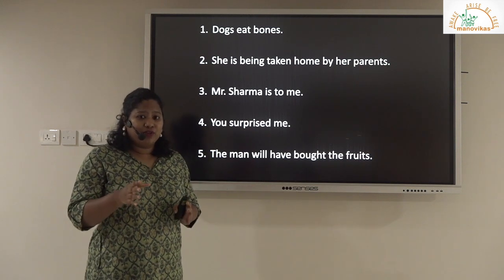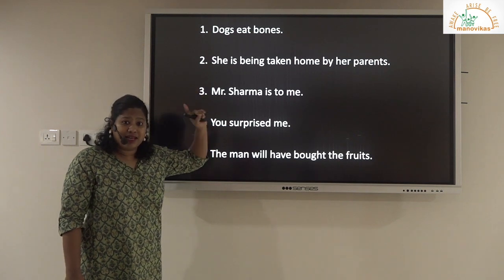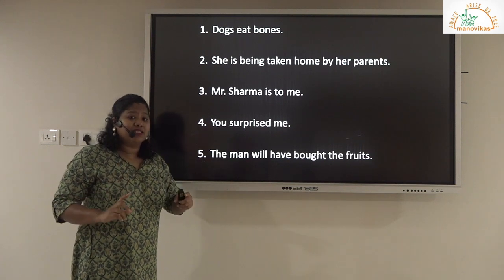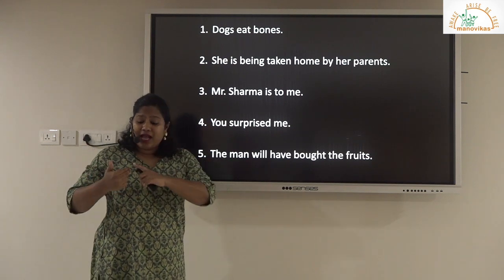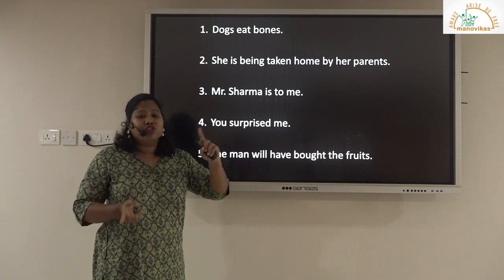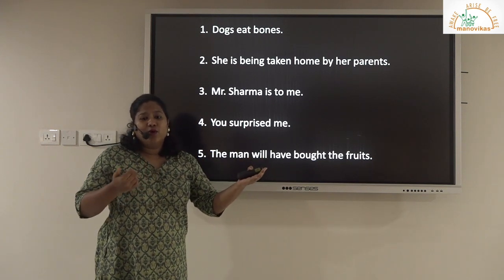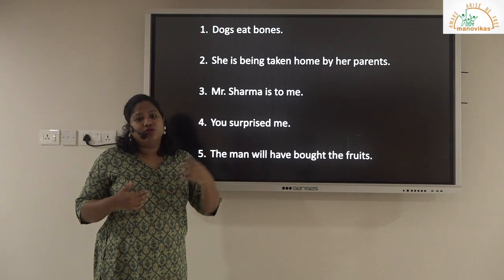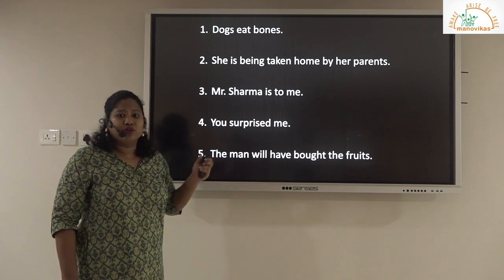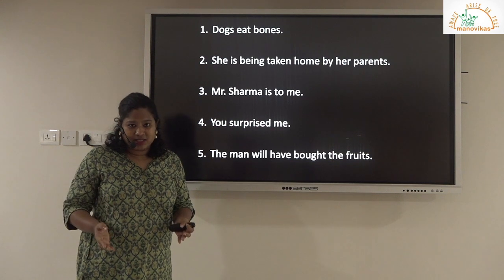Now, just to be careful when you're solving the sentences, there are some sentences that are in active form and you have to change it to passive. And there are some sentences that are in passive form and you need to change it to the active form. You just need to do the opposite. If the rules that you are following for active, when you're changing from passive to active, you need to just twist the rules around, turn it around. Okay, so pause the video, solve these, and then let's see if you've managed to get the answers.